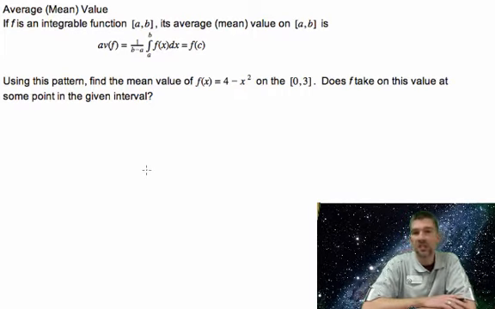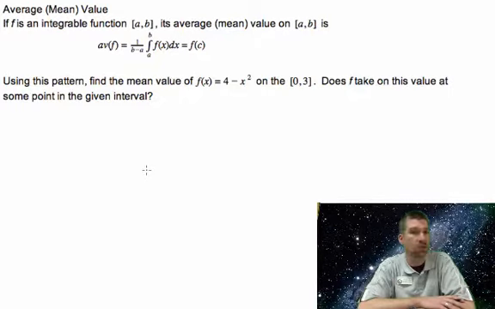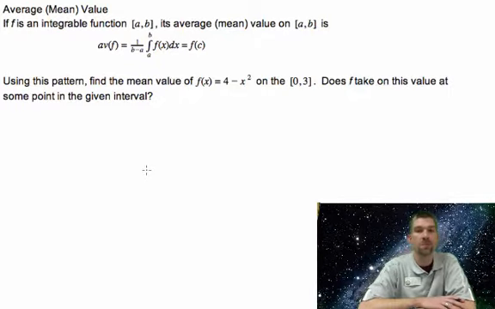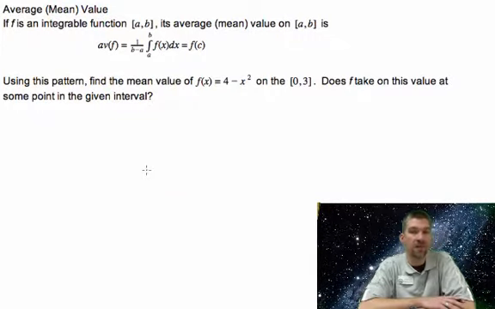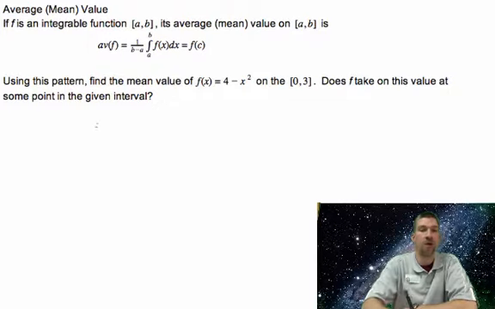So use this pattern to find the mean value of f of x equals 4 minus x squared on the interval from 0 to 3. Does f take on this value at some point on that interval? So what are we talking about? Well, if a is equal to 0 and b is equal to 3, we're talking about the integral